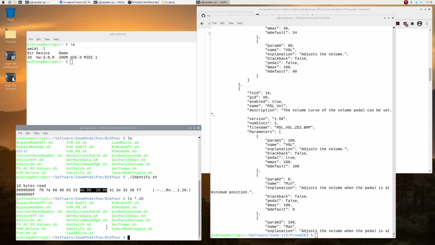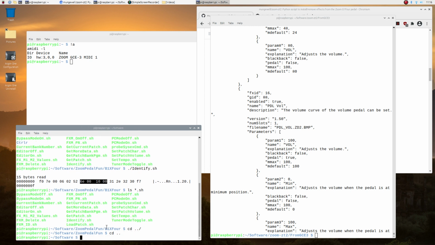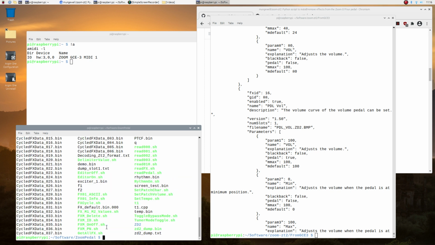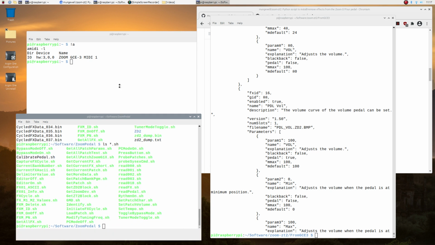So by all intents and purposes, sorry, I won't do this in this directory. I'm going to move to my other directory because this will corrupt what I'm doing with the Git. So let's go into the Zoom pedal, which is where I do most of the pre-work. There's a lot more stuff in here for the pedals that I haven't published yet, because I'm still trying to debug it, make certain it works.